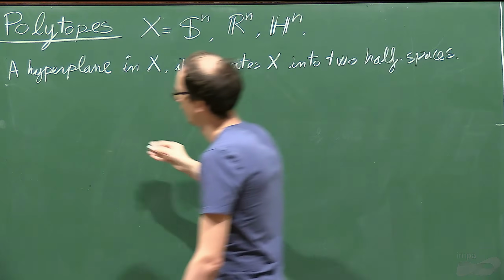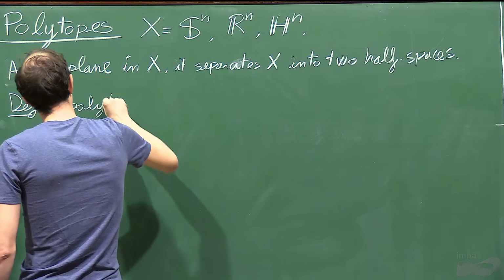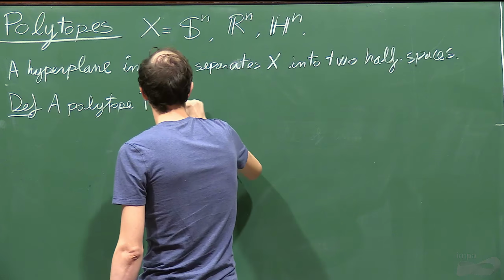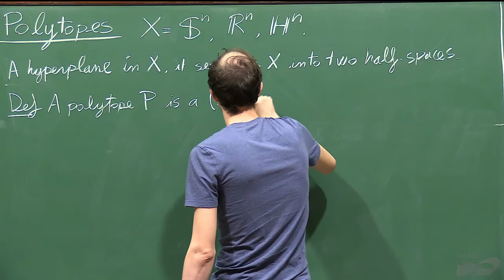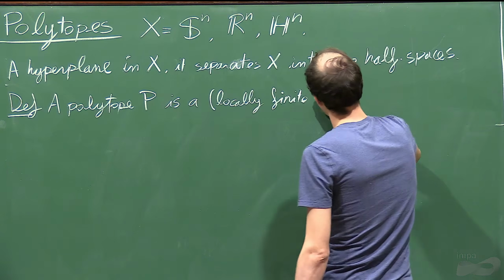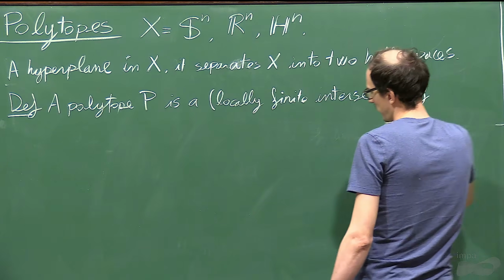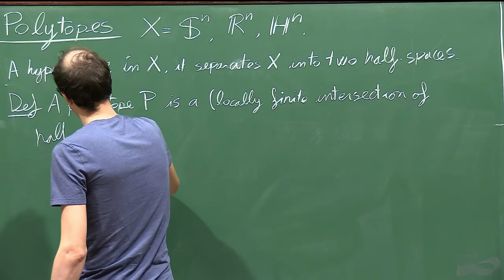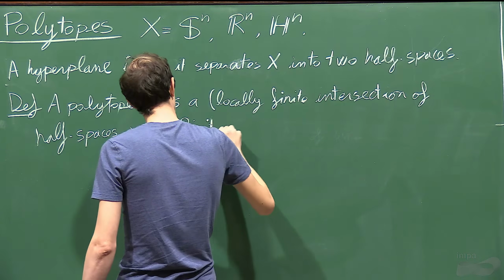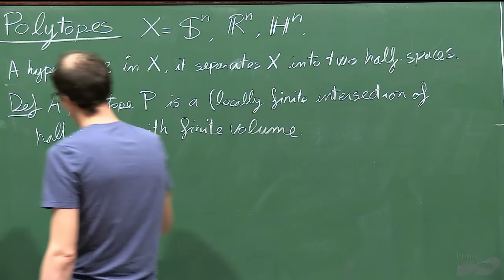And so a polytope P, to me, is just a locally finite intersection of half spaces with finite volume. Okay, and let's say that a polytope is finite